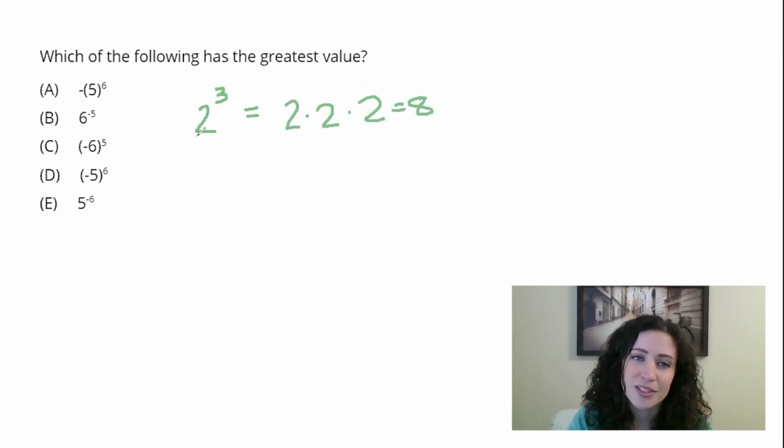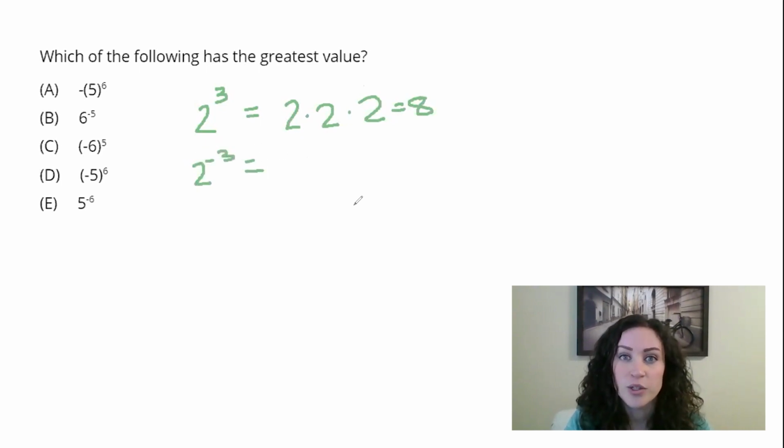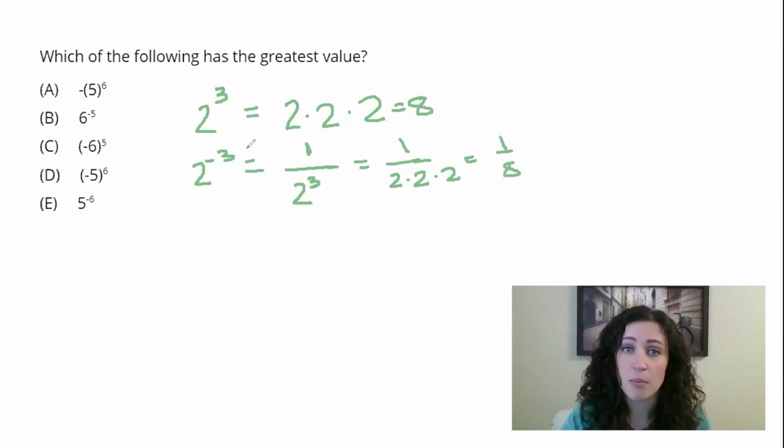In the problem, you'll see some other scenarios aside from my positive exponent. One scenario is a negative exponent. What do you do with this? When you see a negative exponent, I want you to take this negative sign and turn it into a fraction bar. That gets rid of the negative sign and it reverts back to 2 cubed, but it's under a 1. And then you just do the same thing that you did before, 2 multiplied by itself 3 times in a row. You can see here that you had the same numbers, but because of this negative exponent, the outcomes were very different from 8 as a positive whole number to this positive fraction.